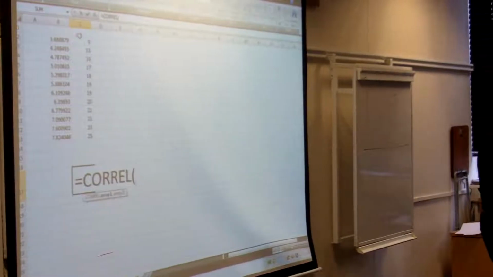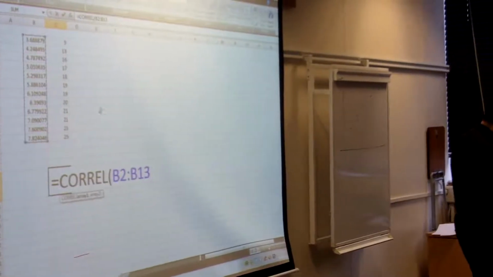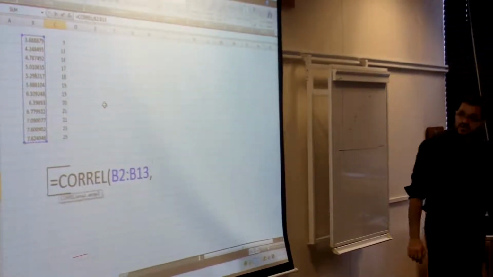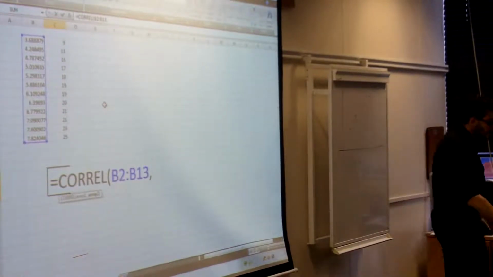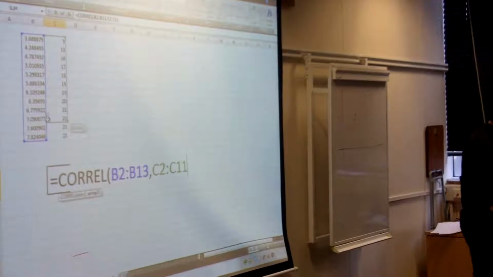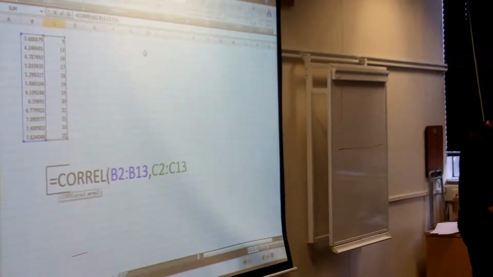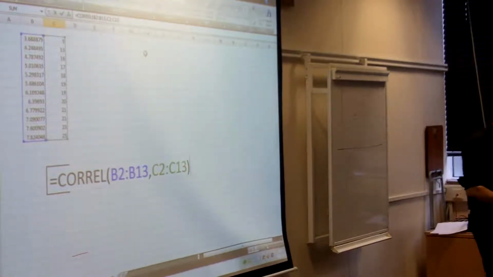Click on the first row, which is h, type the comma, and click on the y column. Close brackets,